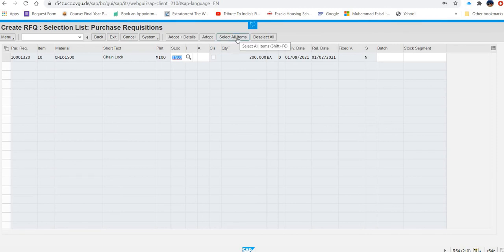Okay, we will click here. Over here the icon is not there, this button is there. So it is selected, and then they are saying adopt all items. So here the adopt button is there. In the exercise there is an icon, but with the icon it is mentioned adopt. So adopt, we will click on this.